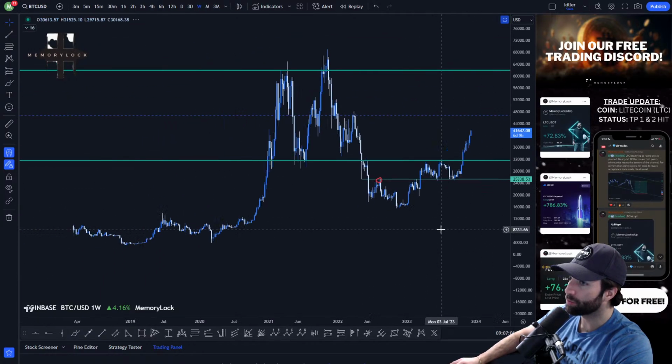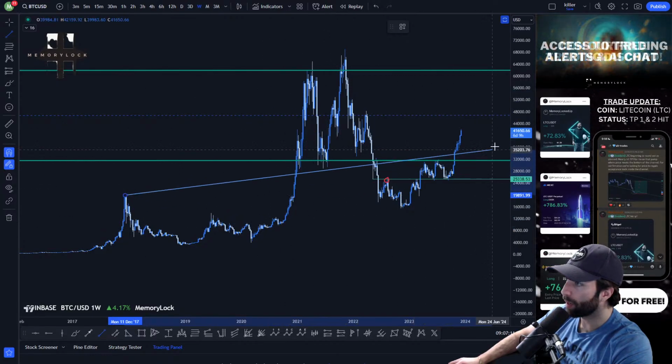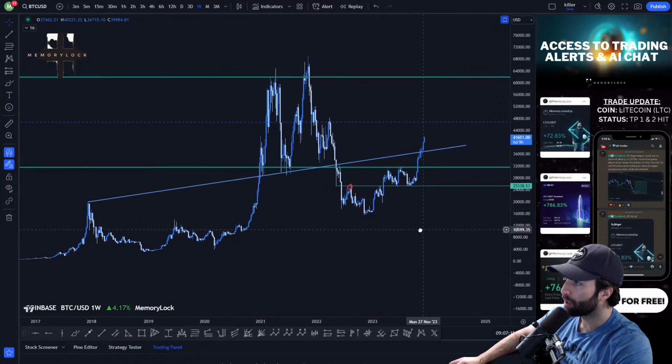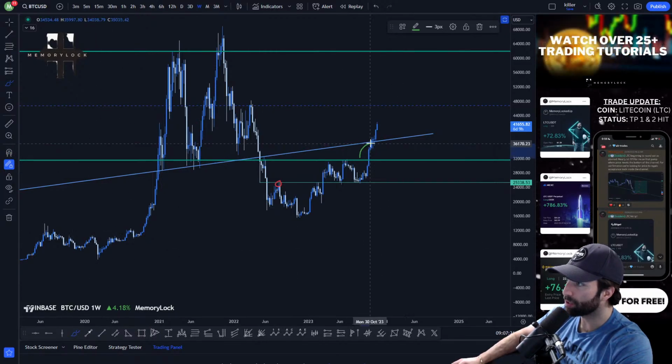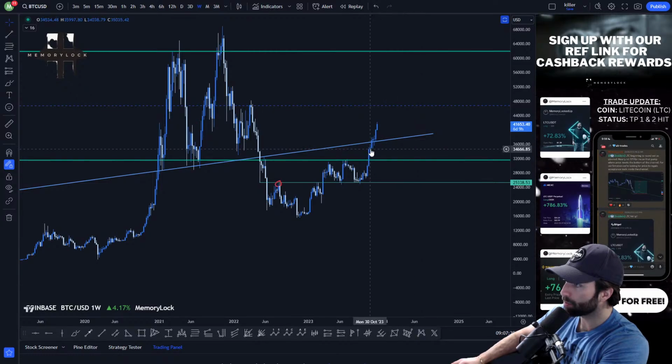Anyway, I had this really nice initial plan, and I'll go ahead and redraw it, where I was looking for a deviation up to this level. If you guys recall, my plan was to look for a deviation up to this level, lose this, and go down. And I said, if we can hold above October high, which we will mark out